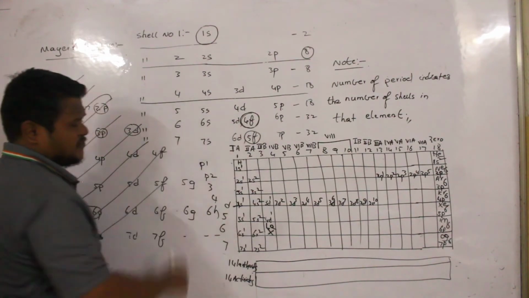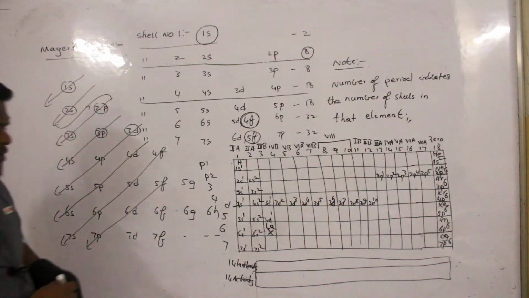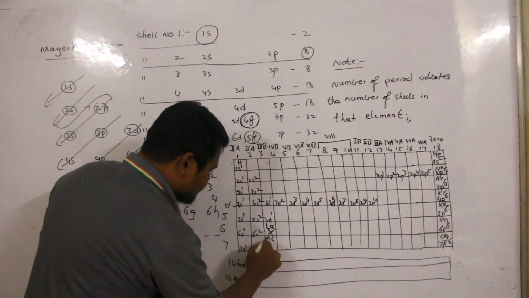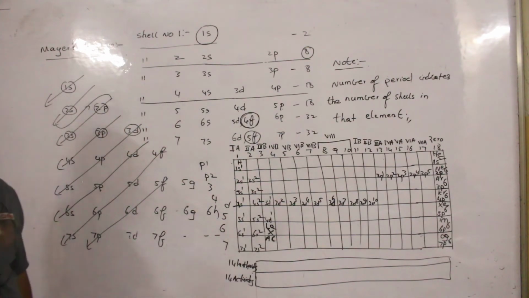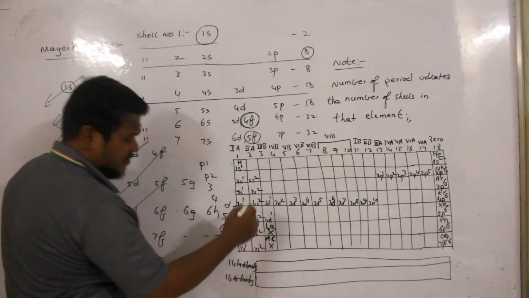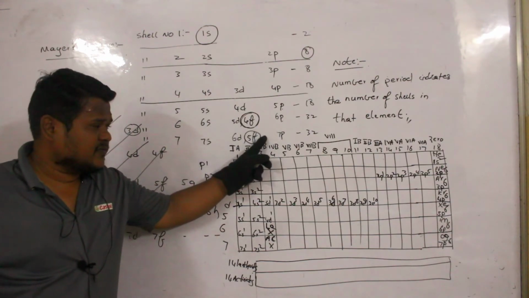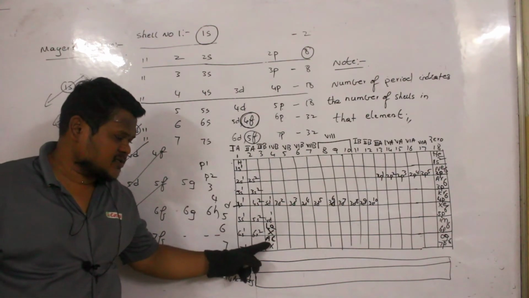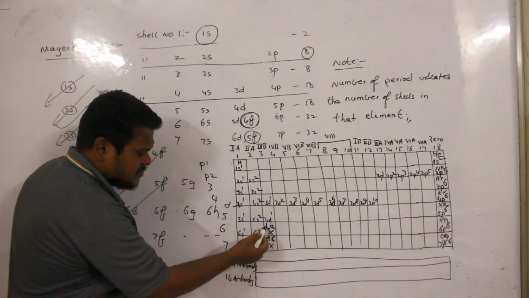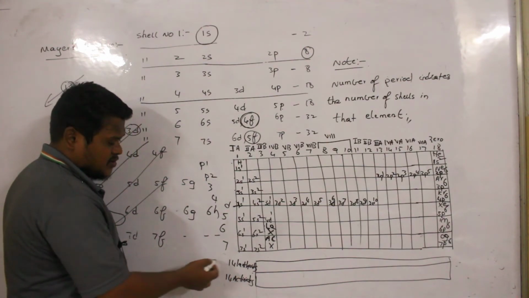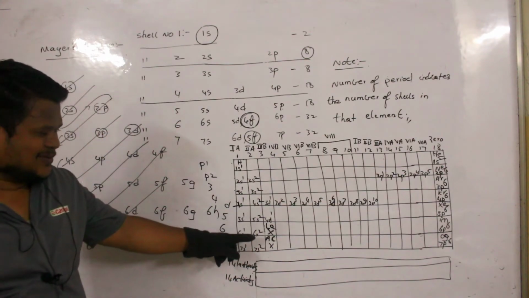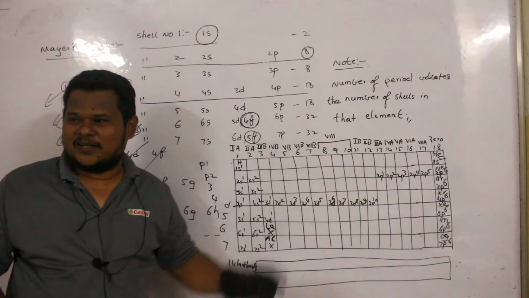Now see 5F. What about 5F? See, ma, just below this lanthanum, we have another element which is called actinium. What is the name of the element, ma? Actinium. Okay, ma? And all these 5F elements, we are placing under actinium, because all the 5F elements have almost similar properties with respect to actinium. And all the elements present in lanthanum are called lanthanides. So total how many elements of lanthanides? 15. Lanthanum good undi kada. 1 plus 14, total 15 elements of lanthanides.